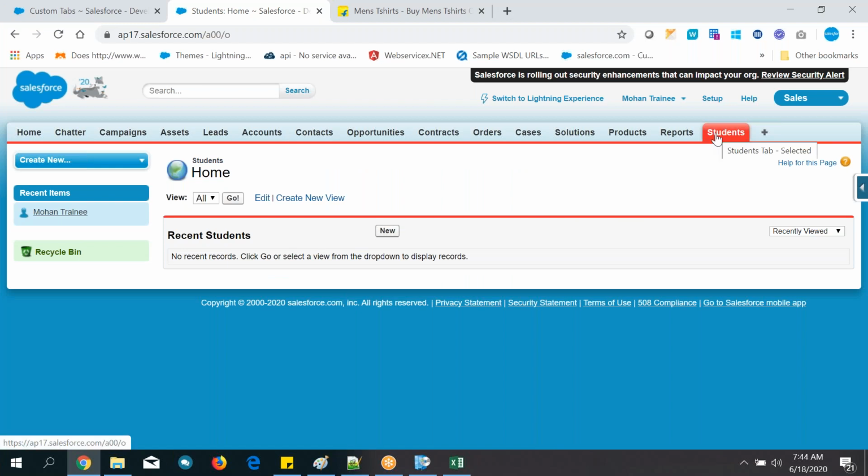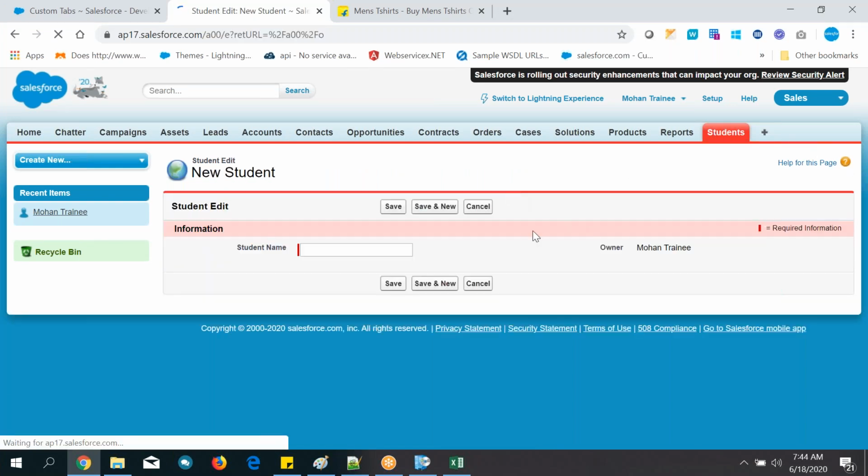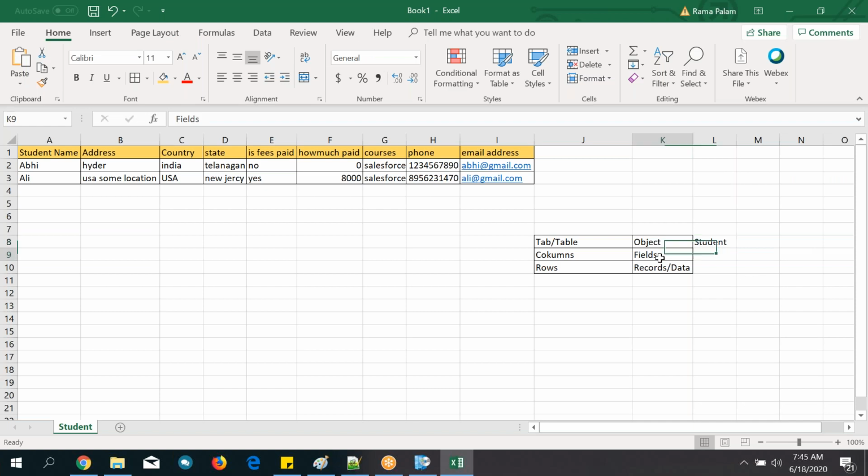Cool, right? So, students, can you see the new button here? Just click on it. So this is the screen. I will explain what is what going forward. Just see this one: New Student, and they have given Edit. And left and right, right? So let me tell you. These are called field names. Student name is the field name. So field name is nothing but what?